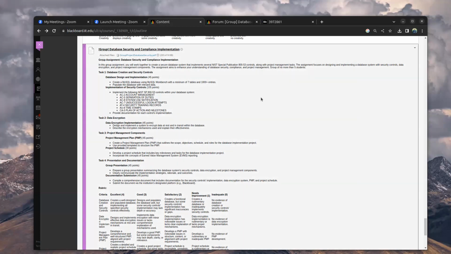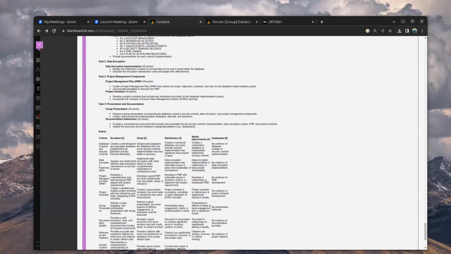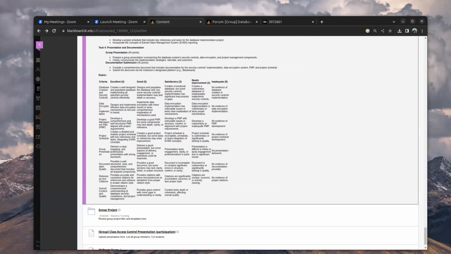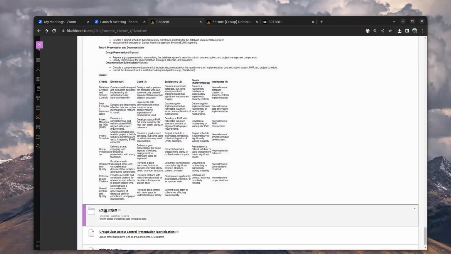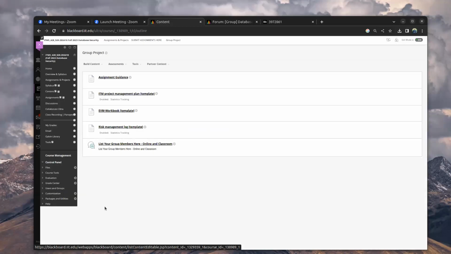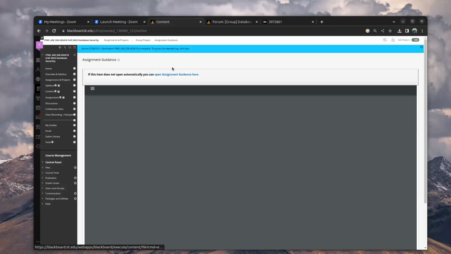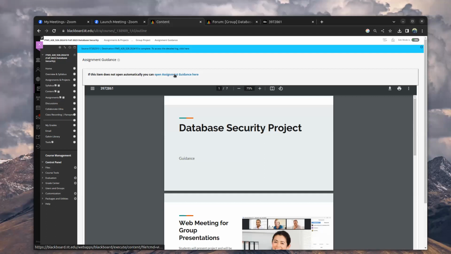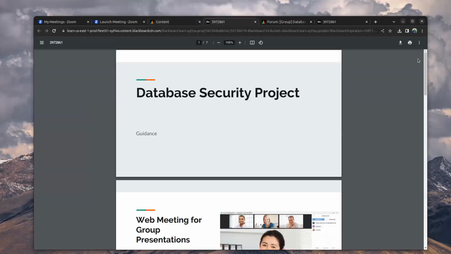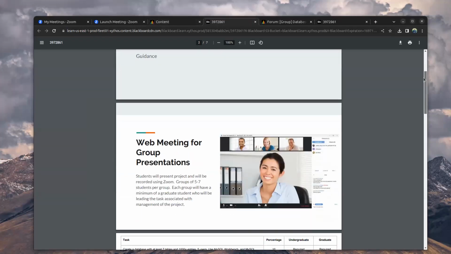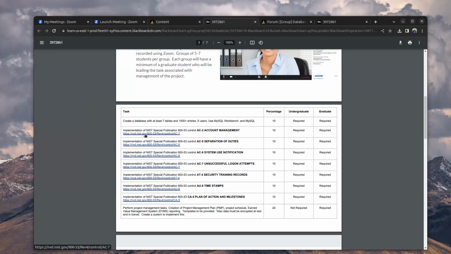And then here's the rubric right here. So here's the rubric, has the criteria. So the rubric's right here. What you'll need to do, you'll go to group project, and here you'll see all the different items that you need. Here's the assignment guidance. You click on guidance, it will bring this up. So this will be the guidance for the project. I'll talk about what to do. This will provide links to, now don't worry about the percentages, but just look at this. It provides links to the actual